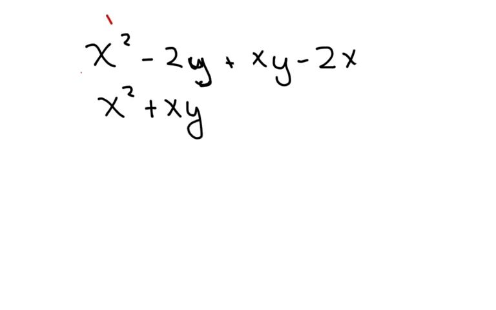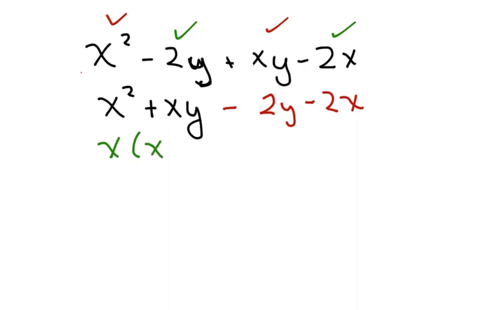So I'm putting these two together, and I'm going to subtract 2y and just put these two here, like that. So I group these two together. In this case, I can factor out an x, and I get x plus y. In this case, I have a minus here, so I'm really factoring out a negative. Factor out a negative 2, and when I do that, I'm going to get a